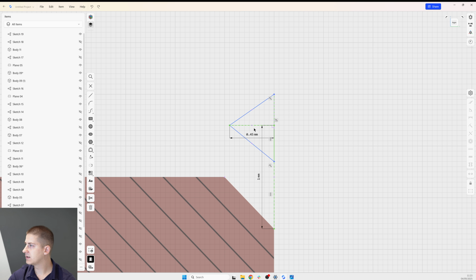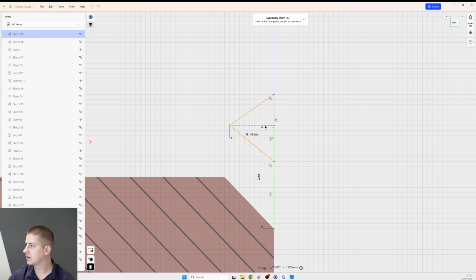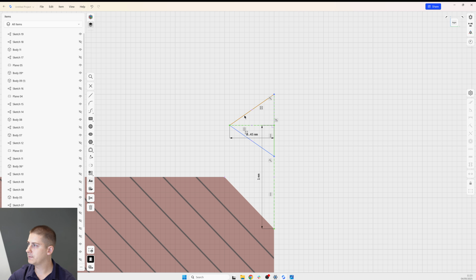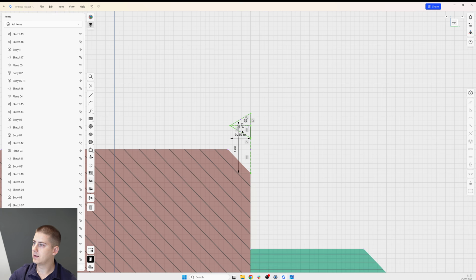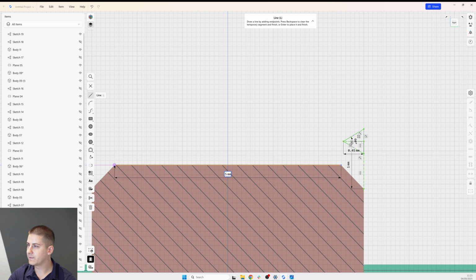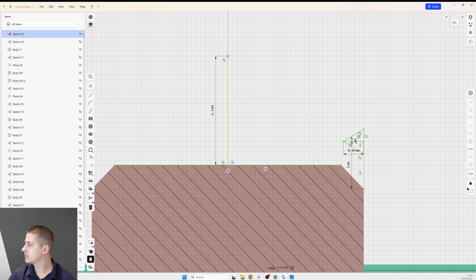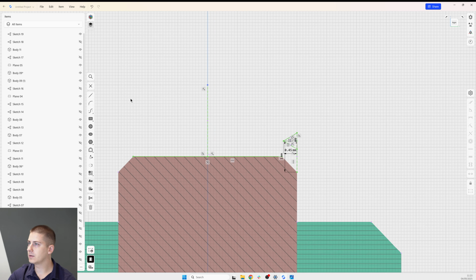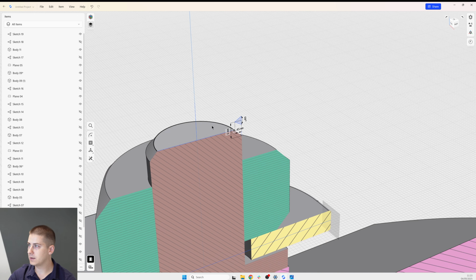Oh, I need to define it before. Okay. Let's also create the middle line, and